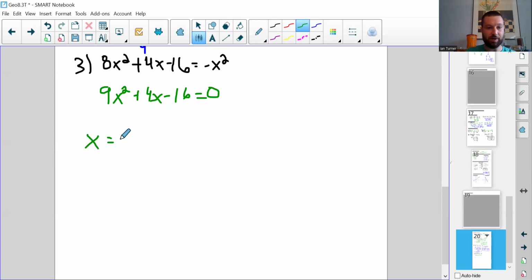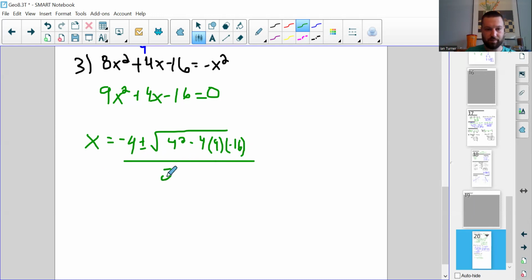So x equals, now we actually finally get a negative b. We get -4 plus or minus square root of 4 squared minus 4 times a, which is 9, times -16, all over 2 times 9. Okay, let's keep going. You guys are doing great here. Good work. So we get -4 plus or minus 16